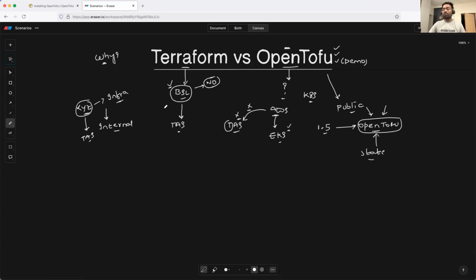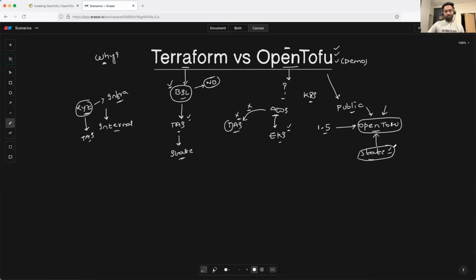It has a lot of upvotes to provide state encryption so that information in the state file is no longer sensitive. However, Terraform or HashiCorp did not implement this change. It was not even prioritized. But when OpenTofu came into existence, I think this was one of the major features that the OpenTofu community added to the project.